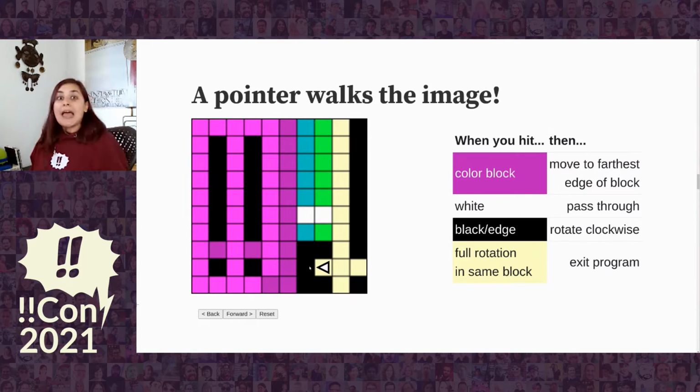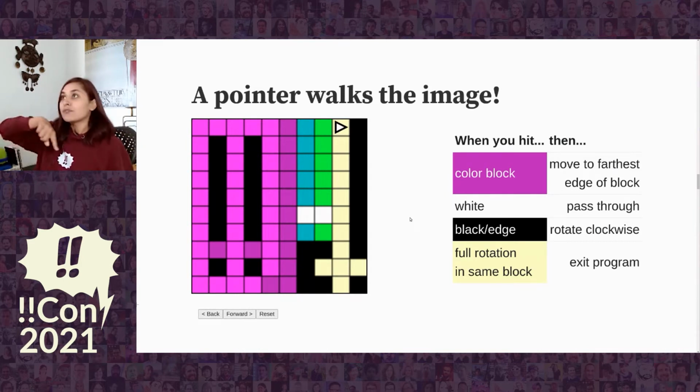Now it's run into black, which, as we said, operates sort of like the edge of an image. So it can't pass through the black area. It has to turn again and move to the edge in the new direction, which is now up. So it's going to move back up to this top pixel here, which again is the edge of the image. It can't move on from there. So it turns again,